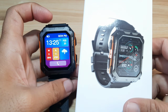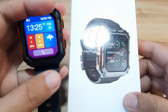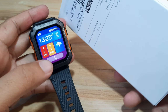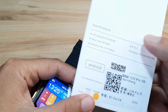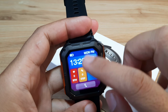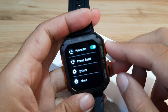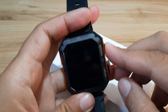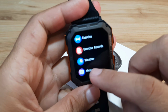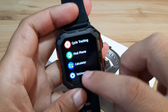Okay, we have here the C20 Pro Smartwatch. And of course, this time we are going to pair it with the support app, the DAFIT application. I think we have a QR code here, and it's also available here in the wearable. So we are going to install the support app for the smartwatch. We will pair it with the DAFIT application and see what other features are available for the